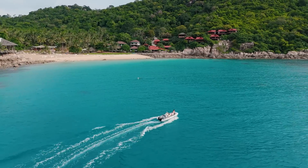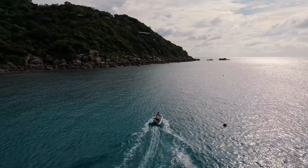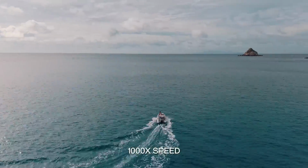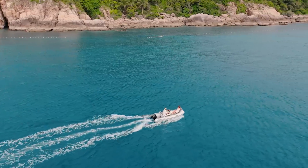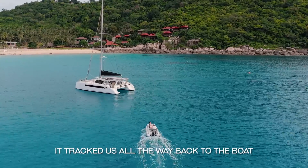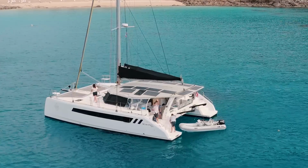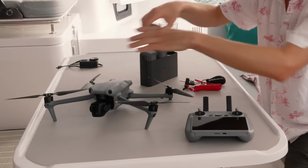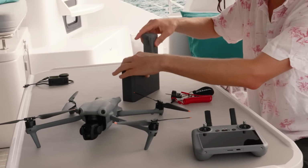And testing complete. I give it a 9 out of 10. One point deducted for my user error on taking so freaking long to figure out how to use the telephoto lens. But overall, with the new speeds, the sensors, and dual lenses, this is no doubt the best drone for sailing and exploring. All right, I'm swapping out batteries because we're gonna do some photos real quick before we leave this anchorage,